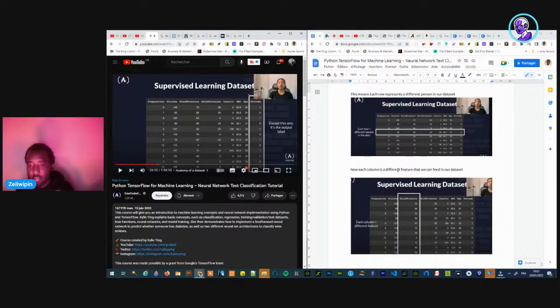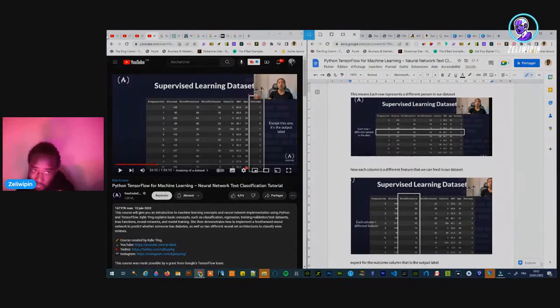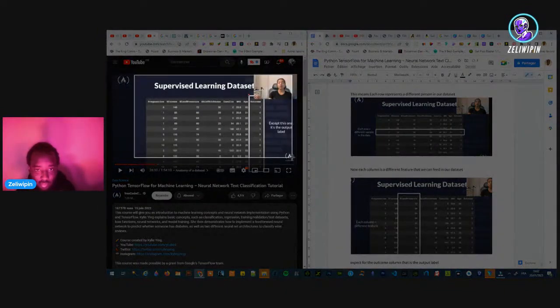Each column is a different feature that we can feed in our dataset, except for the outcome column, which is the output label.